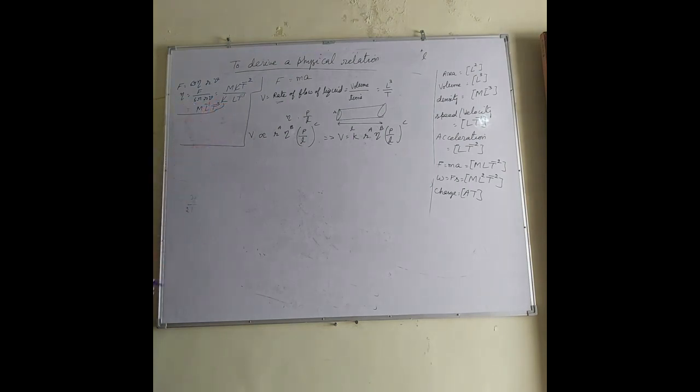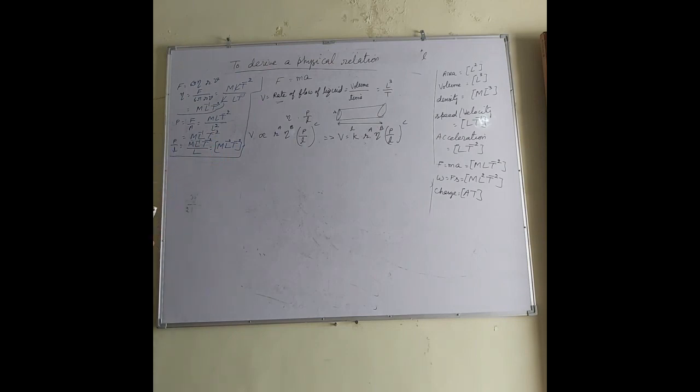Right now this formula will be provided, but when you move to this chapter, you will come to know about this equation. And what is pressure? Force per unit area, you have studied. Force formula MLT minus 2. Area is L square. It is M L minus 1 T minus 2. And what about P by L? It is M L minus 1 T minus 2 upon L, M L minus 2 T minus 2. Right? So this is the dimension formula of the pressure gradient.